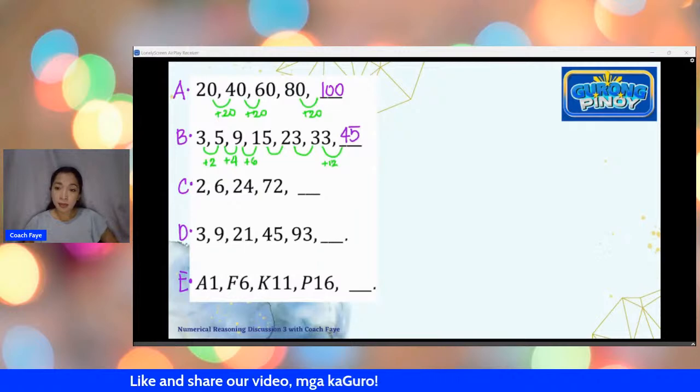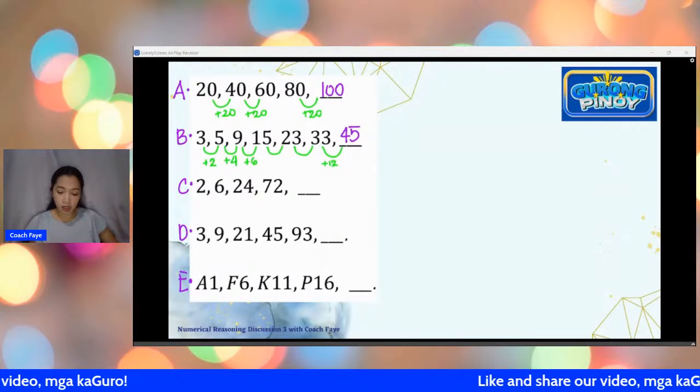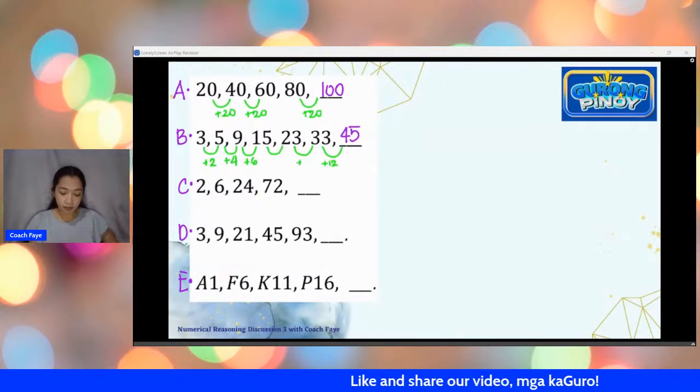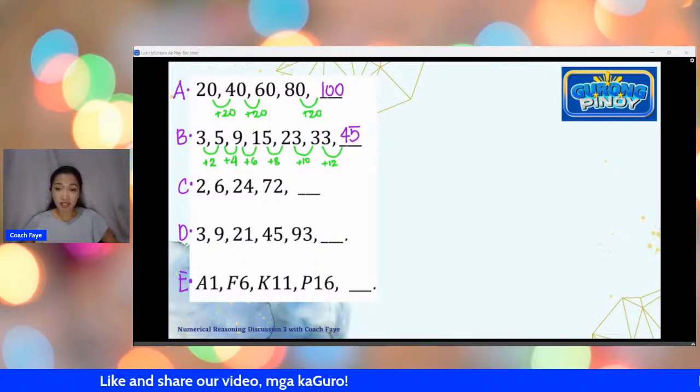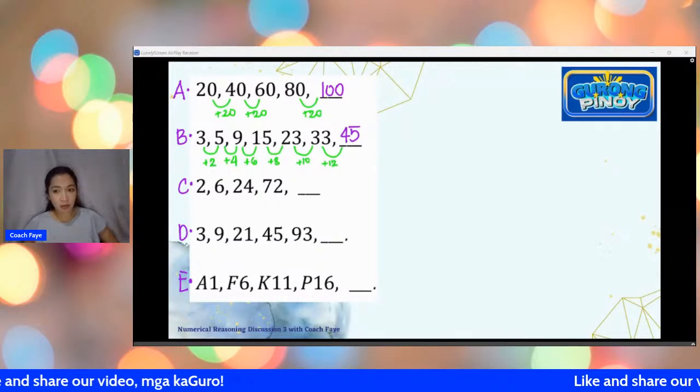Ma'am, Kads, Marian, I think, ayan, plus 10. Kulang lang po tayo kasi yung plus 10, nandito pa lang po yan. Ayan po yung plus 10. So, yung plus 20, plus 12 na dapat yung kasunod. So, yung letter C, meron na tayong maraming answer.